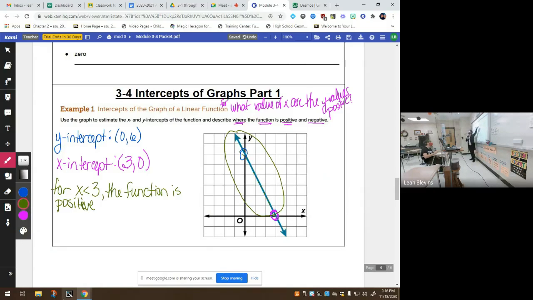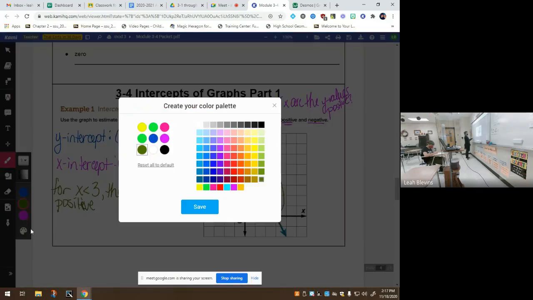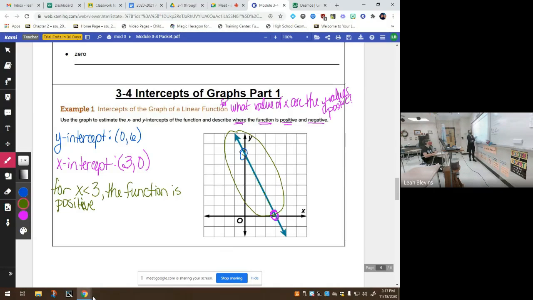It's positive up here above the x-axis, and it's going to be up above the x-axis for all values of x smaller than 3. When is it going to go down below my x-axis? Orange. It's going to go down here below my x-axis. That's not orange. When x's are